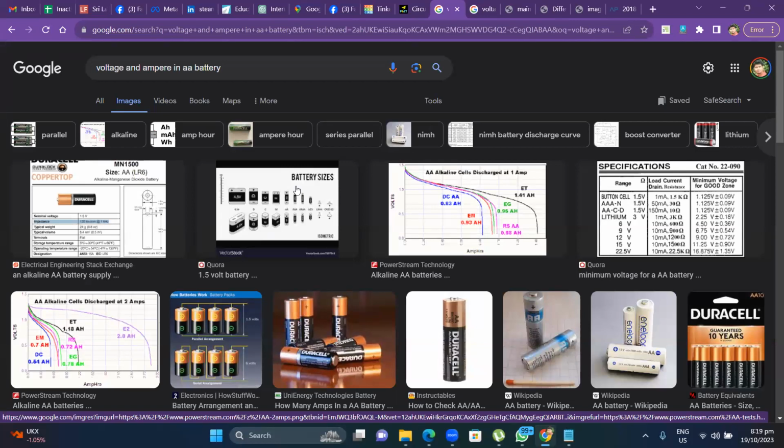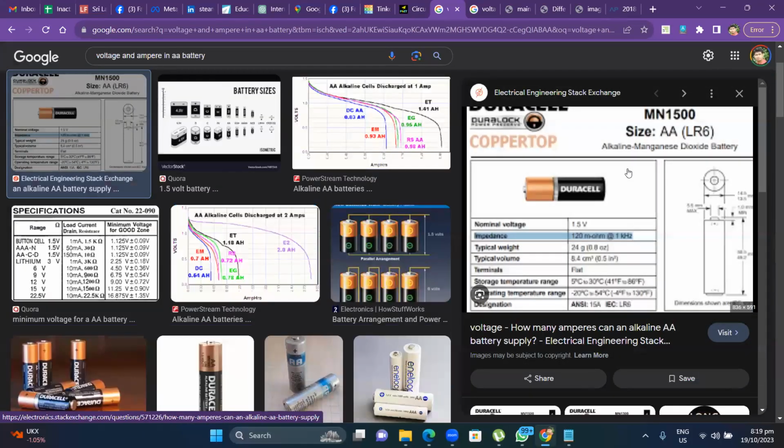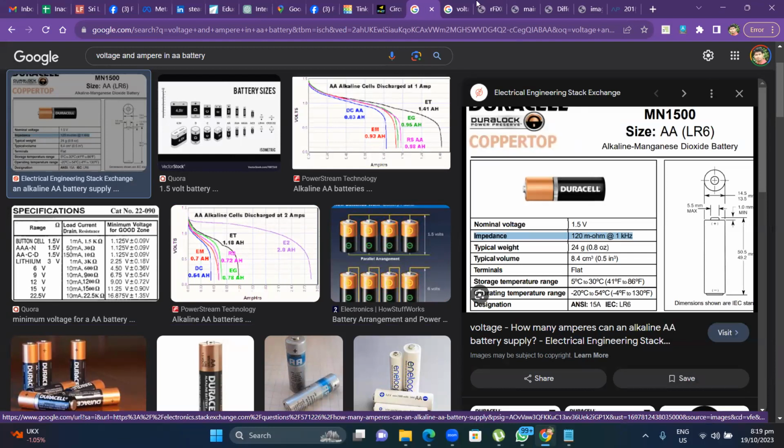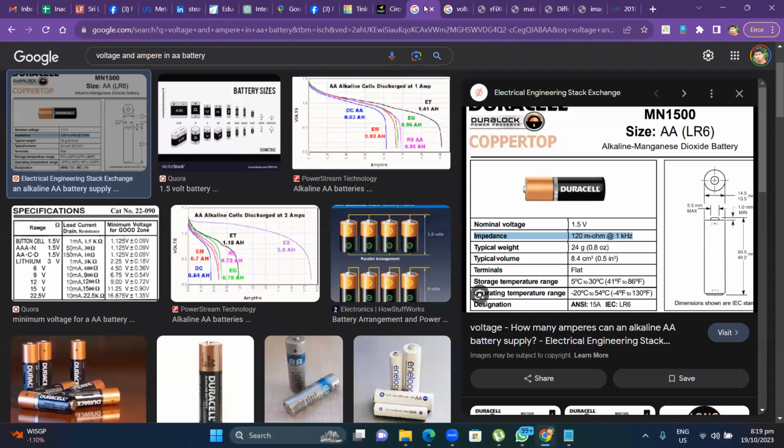Okay, voltage of this battery is typically 1.5. Some cases can be more than that also, but typically it is 1.5. You can see it is typically 1.5. Okay, but amperage, you cannot exactly tell the ampere rate, but it is possible to give some values, because the ampere is basically